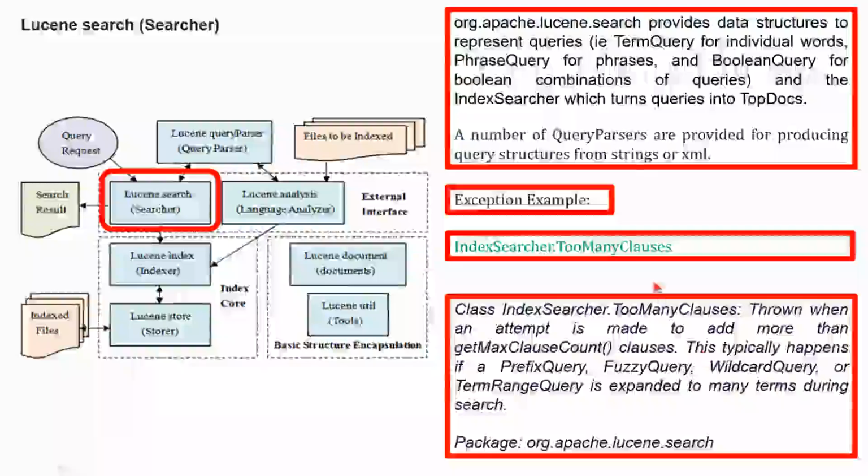An example we can consider: the class IndexSearcher.TooManyClauses is thrown when an attempt is made to add more than getMaxClauseCount clauses. This typically happens if a prefix query, fuzzy query, wildcard query, or term range query is expanded to too many terms during search. This is in package